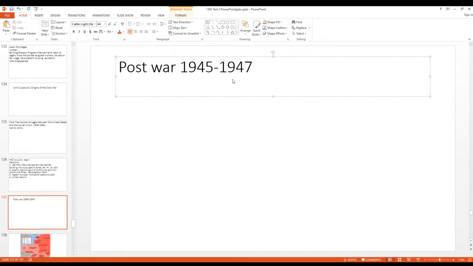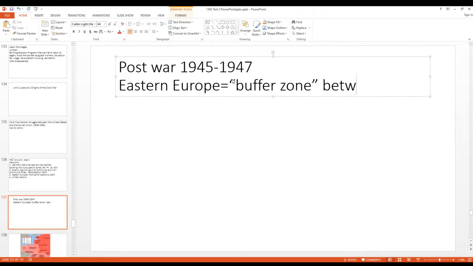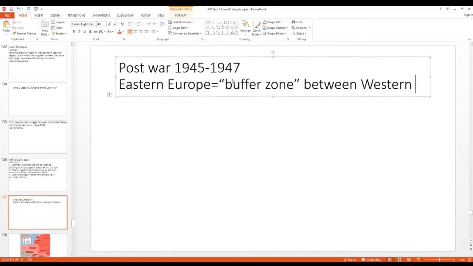The Soviets began to violate the agreements made at Yalta pretty quickly. And the Soviets did this largely by taking control of Eastern Europe. What the Soviets wanted was a buffer zone between Western Europe